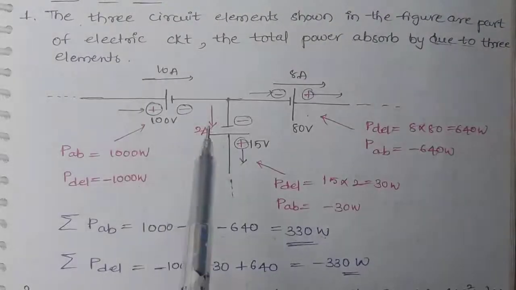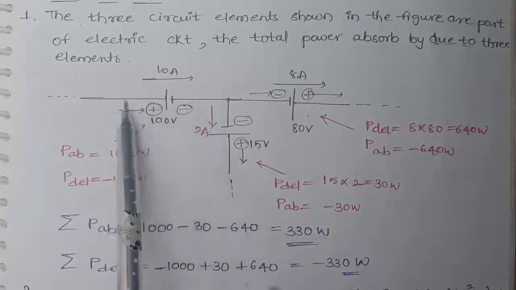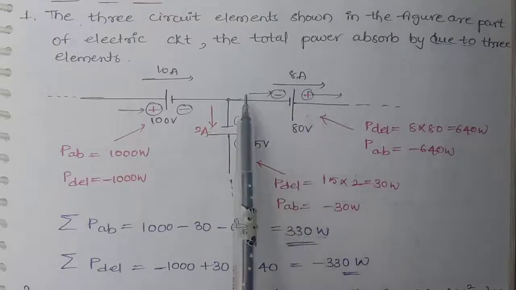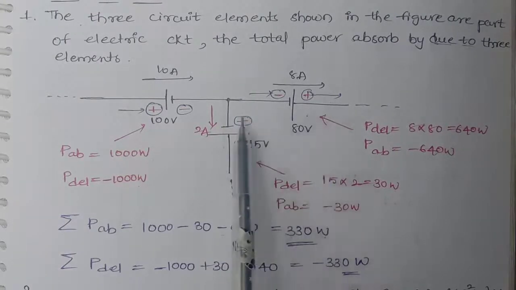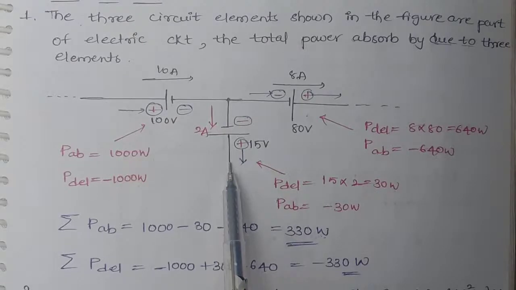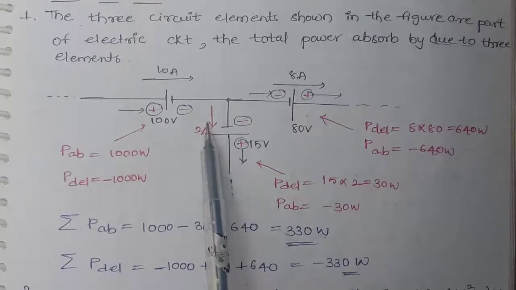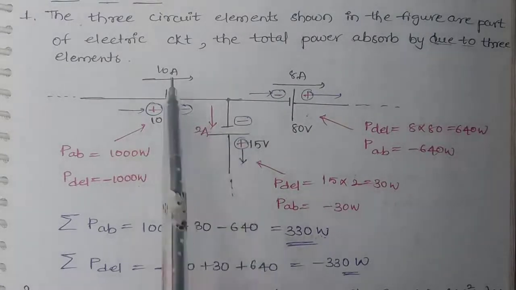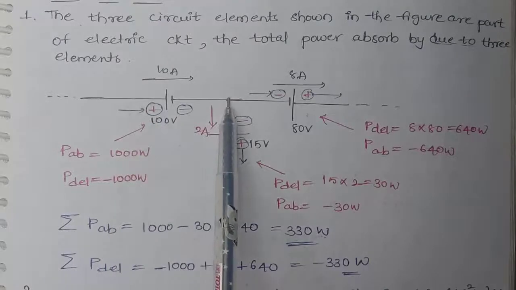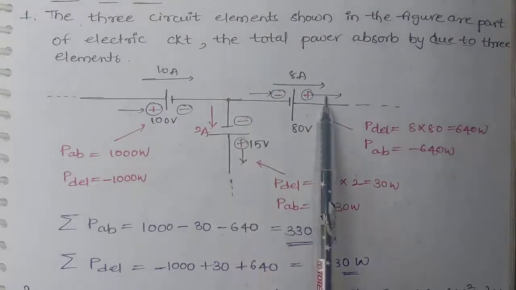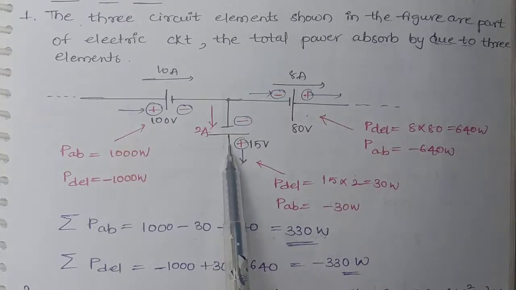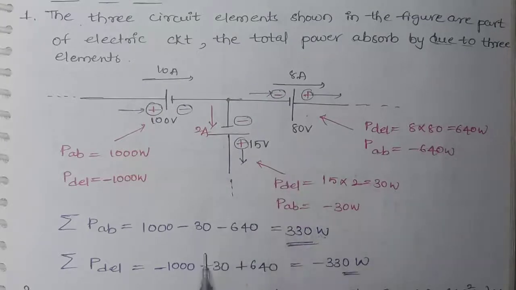Look at this figure. In this branch, we can observe that a 10 ampere current is flowing in and an 8 ampere current is flowing out from this branch. That means how much current should flow from the third branch? That will become 2 ampere. A 10 ampere current is entering at this node and an 8 ampere current is leaving, so a 2 ampere current must leave from this node. That is nothing but our KCL. In the upcoming lecture we will learn about KCL.